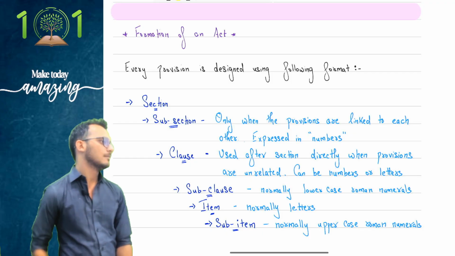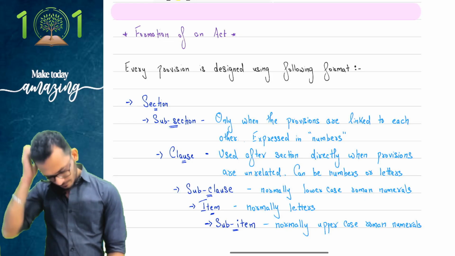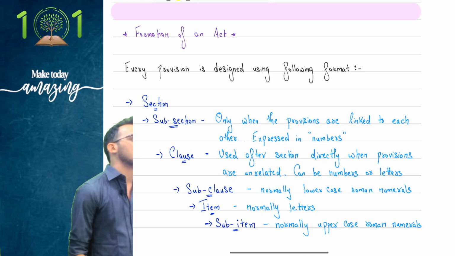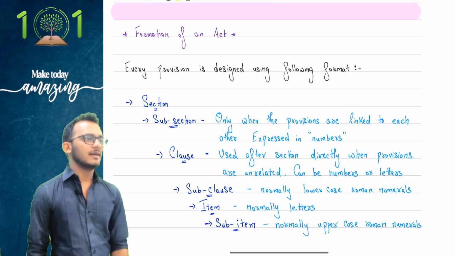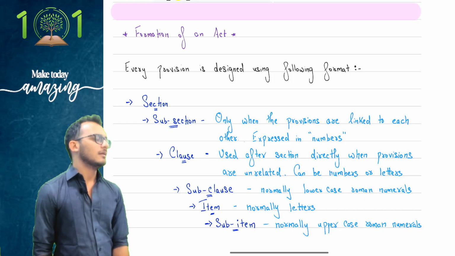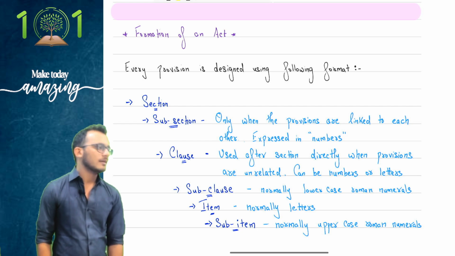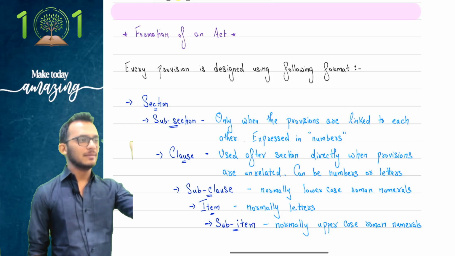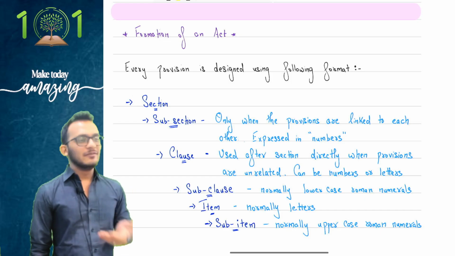After subclause we have items, expressed in uppercase alphabets. So notice the placement, people. We start with numbers, then lowercase alphabets, then lowercase Roman numerals, then we are back to uppercase alphabets, which means the next thing is